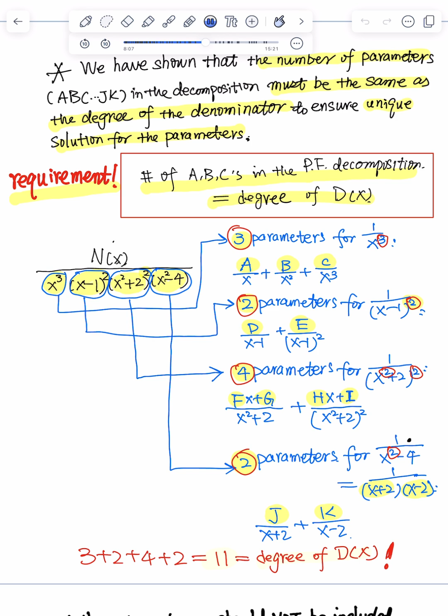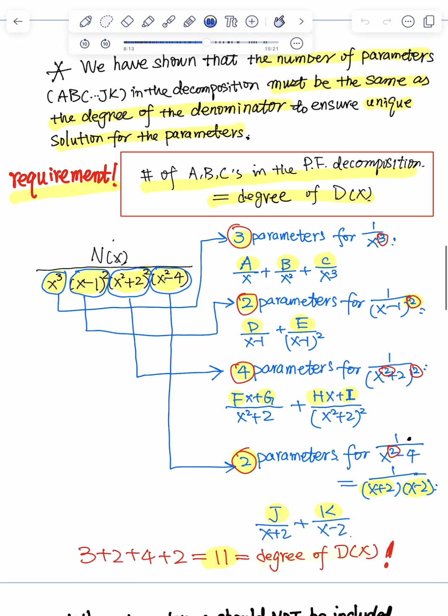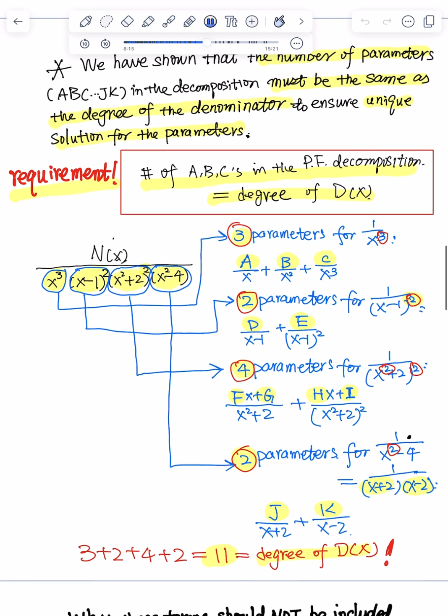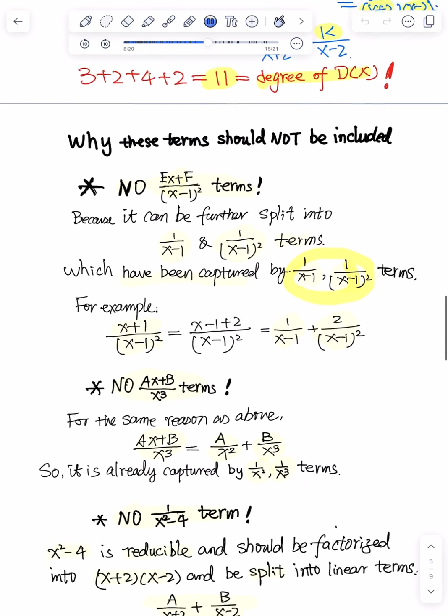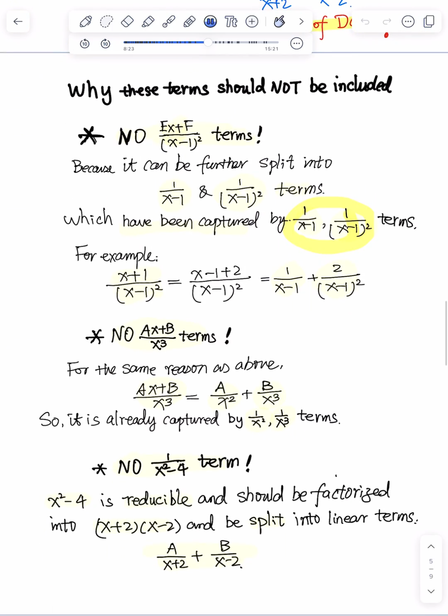As you sum the number of the parameters, indeed you verify that it's 11, and that is the degree of the denominator, d of x. In this page, I'm trying to explain to you why some of the terms should not be included in the decomposition. First, we should not include those terms, because a term like this can be further split into 1 over